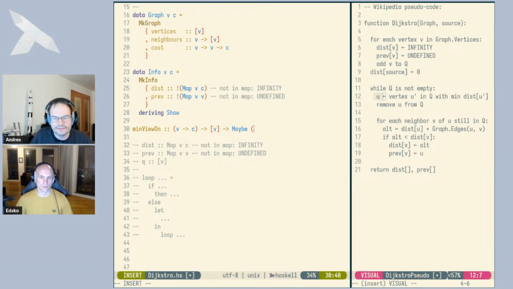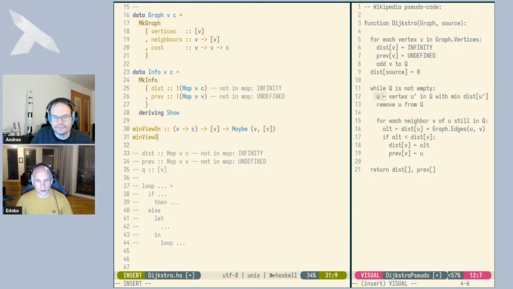That is the vertex that has the minimum cost, and the remaining list. Yeah, so this is not just doing line 12 of the pseudocode, but also line 13, right? And also 11, actually. I mean, to some extent, yes. So we're going to combine essentially these three things into one, where we are going to say, okay,